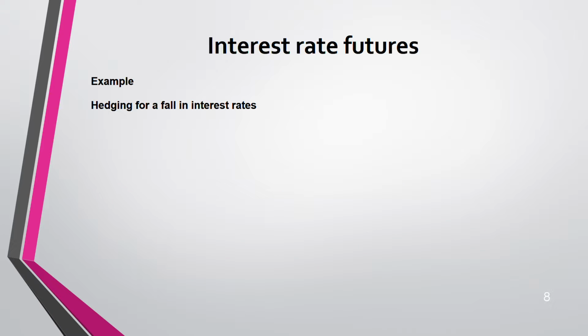Coming to examples, because examples are the best way to understand. How do you know you have understood futures? How do you know you have understood options? How do you know you have understood swaps? Do you read and memorize? No, no way. You do a question. First time you do a question, you will struggle. You will always want to look at the answer. No, don't do that. Allow yourself to make the mistake, because if you don't make the mistake, you will not know where you went wrong. You might end up correct also.